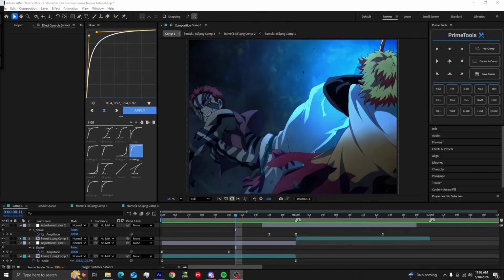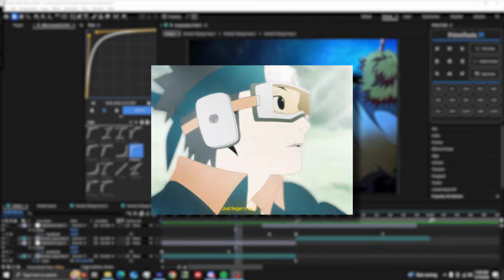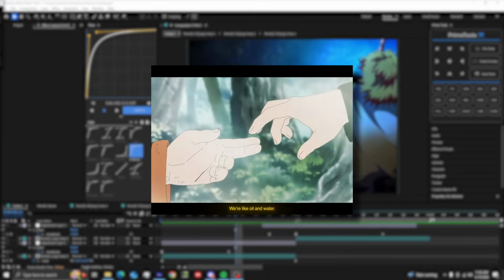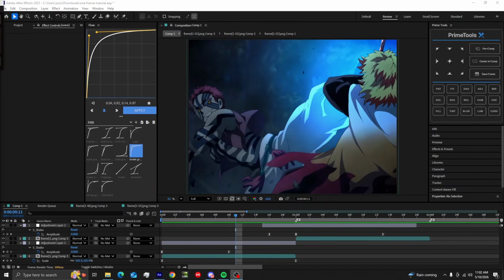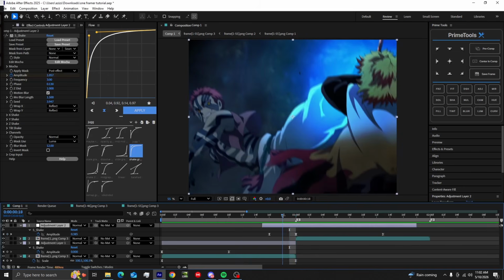Alright, the first combination of one frames we're gonna be going through, I'll put it up on the screen when I've used it, is that warp through transition that I do. I've used it a lot in my edits and I know a lot of people have asked about it. So we're gonna get right into it. It's pretty simple. So it's 4 frames of effects in total. So add an adjustment layer